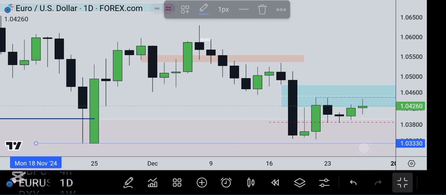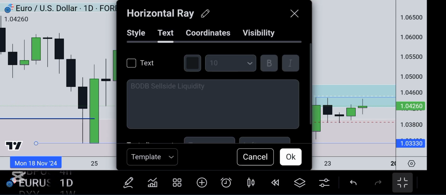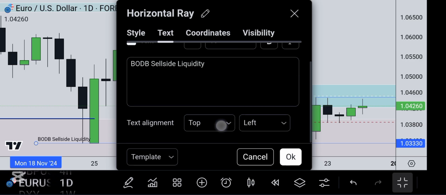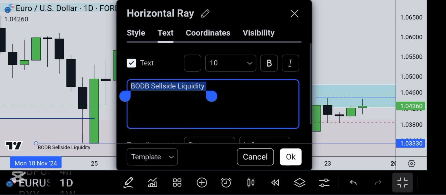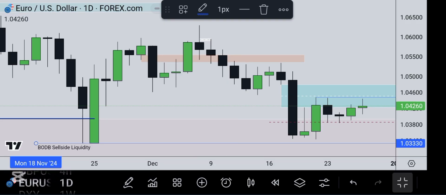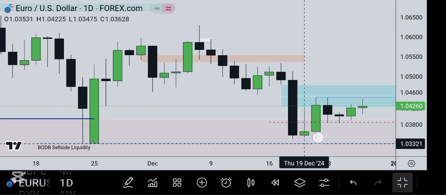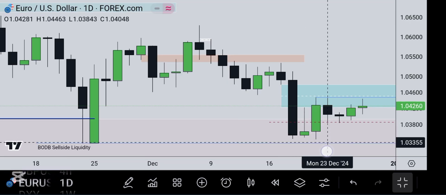Sell side liquidity is this. This is 1.03330. You see that? That's the best of the best sell side liquidity. When you see BODB, like here, it means best of the best. That's what it means, BODB, best case scenario. You can see this low, almost the same thing. That's also it. But I really want to see this